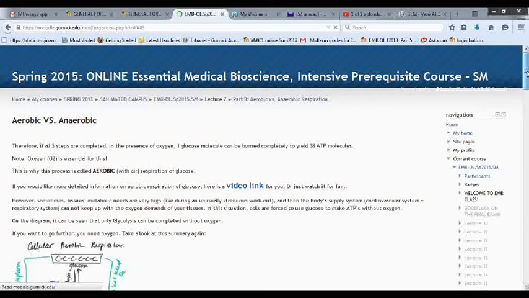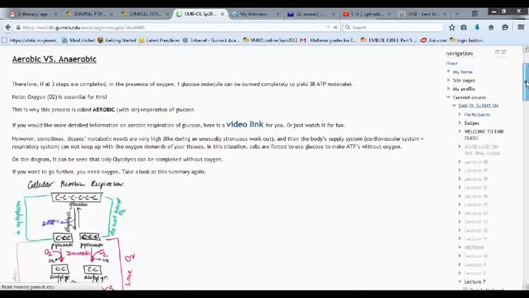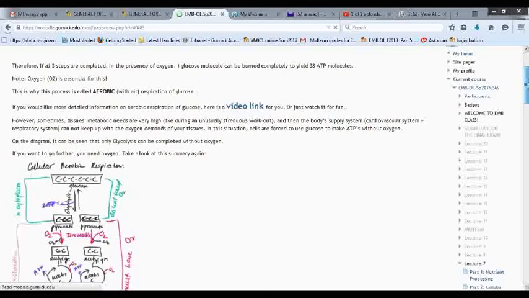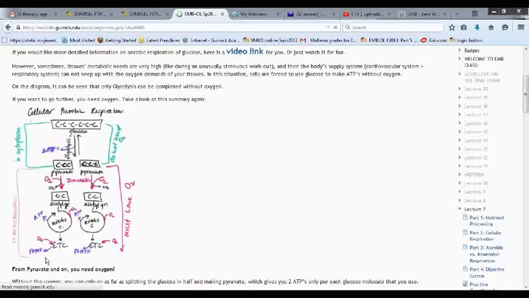And we're going to talk about anaerobic respiration versus aerobic that we just covered. So the process that we just went over, this process where you take a glucose molecule and you use it up completely with oxygen and you make 38 ATPs just by burning one glucose molecule, is called aerobic respiration of glucose because you are using oxygen. It's like with air. You are using glucose with air and you produce 38 ATPs because you can go through